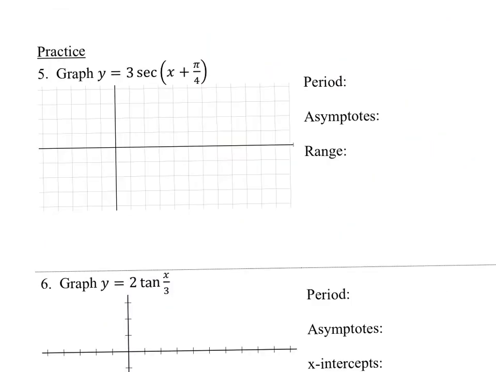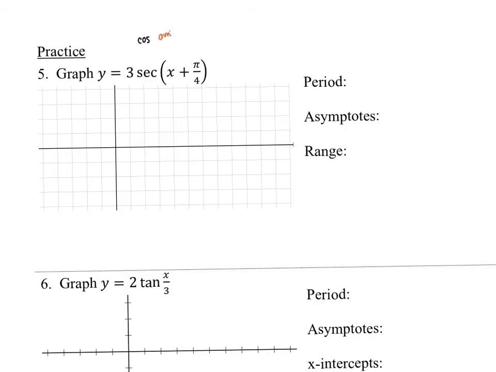Now we're going to just do two graphs where we're adjusting maybe the period, there's a shift, or an amplitude change, something like that. For number 5, I'm going to graph y equals 3 secant of (x plus pi over 4). Keep in mind secant is the reciprocal of cosine. So when I'm graphing this, I'm thinking about cosine and what's happening to the cosine function. If I was graphing cosine, I'm not, but it's similar,